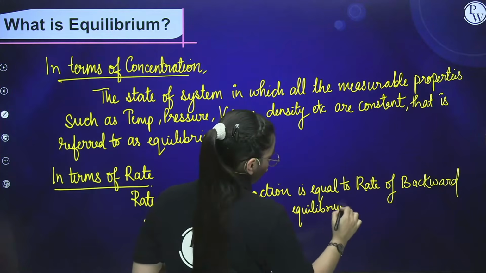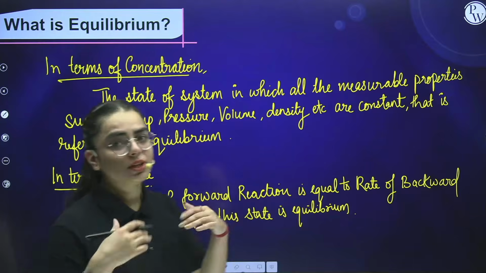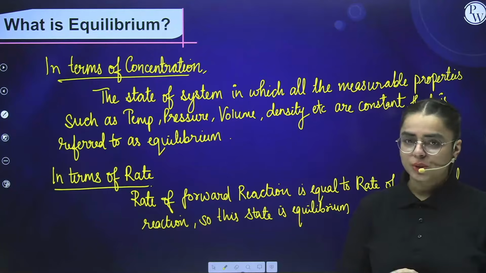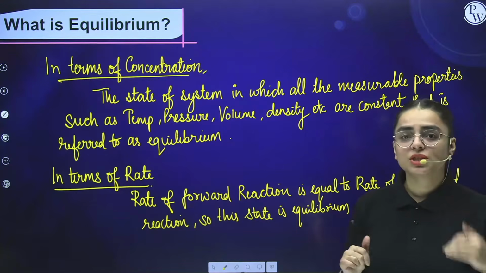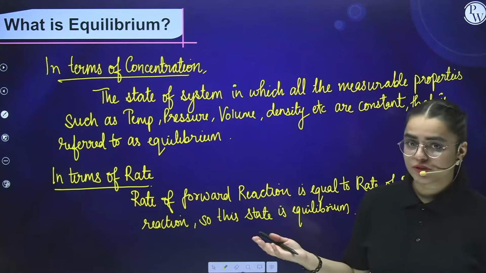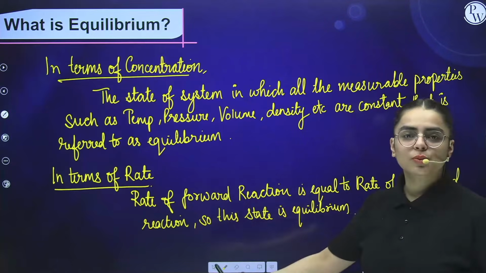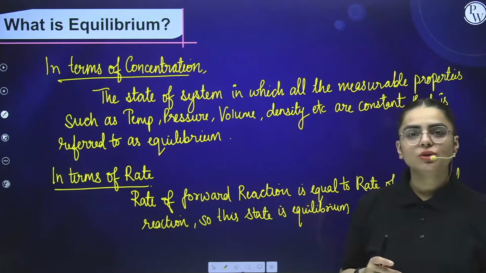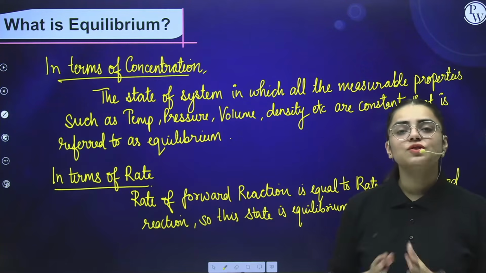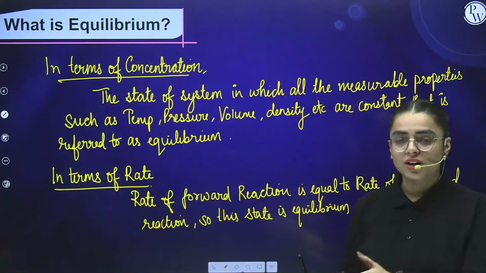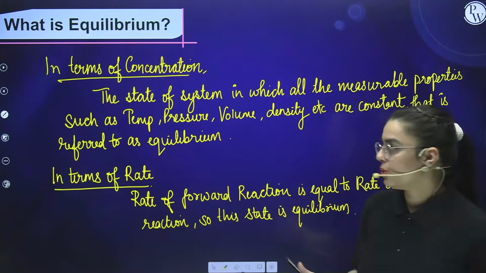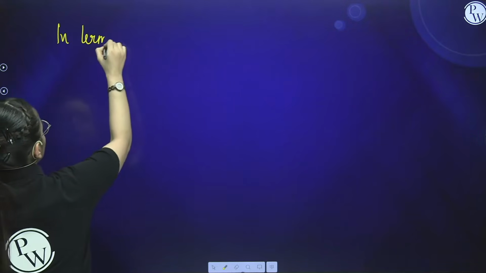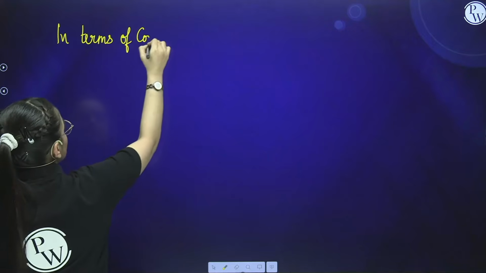Now students, I am going to discuss some graphs with you, where we are going to find out where the equilibrium state arises in terms of these two situations. First of all, I'm going to make a graph where we are going to see the concentration as well as the progress of a reaction, and in the next graph we are going to understand equilibrium with respect to the rate and the progress of the reaction. With the help of graphs we are going to see how reactants get converted into product and how the progress of reaction takes place. So first of all, I'm going to see the graphs in terms of concentration.